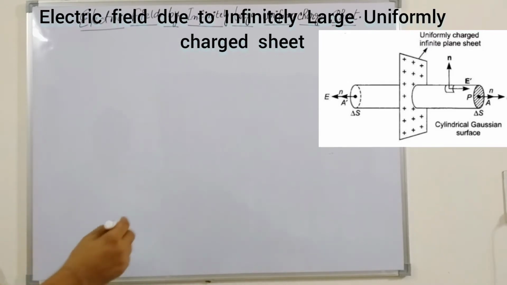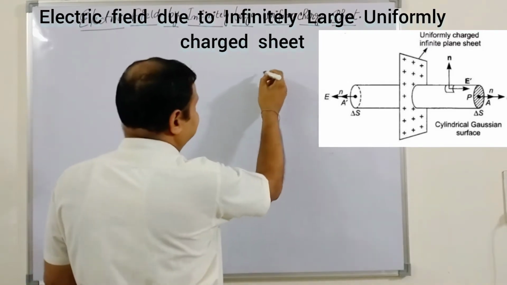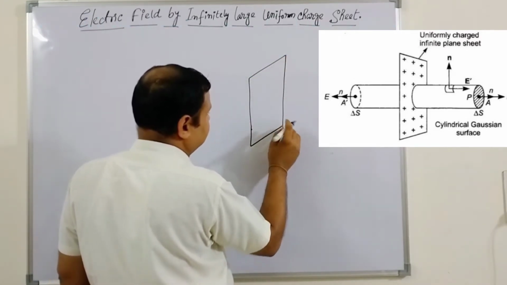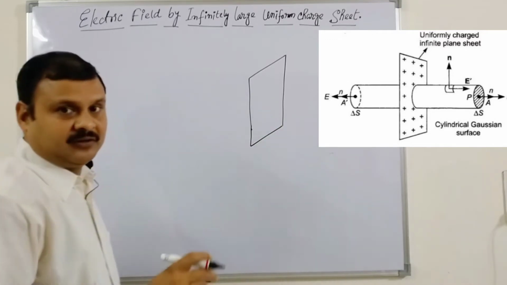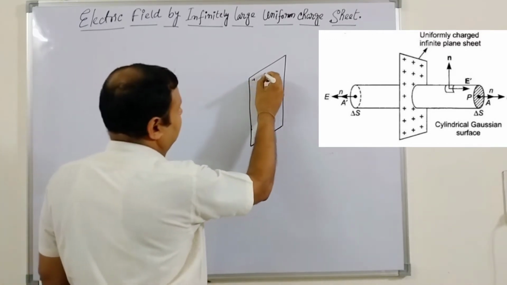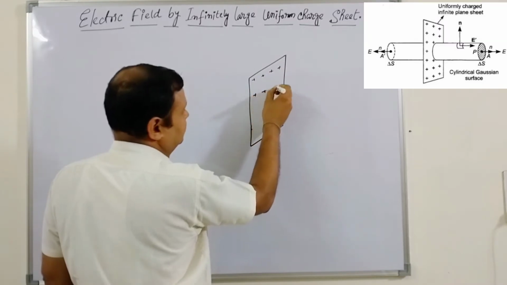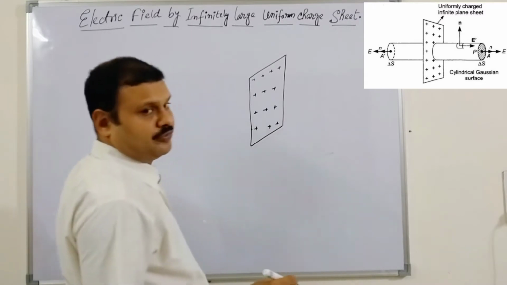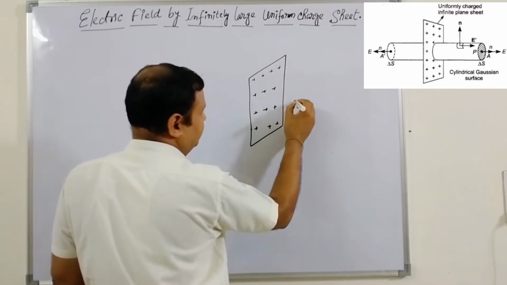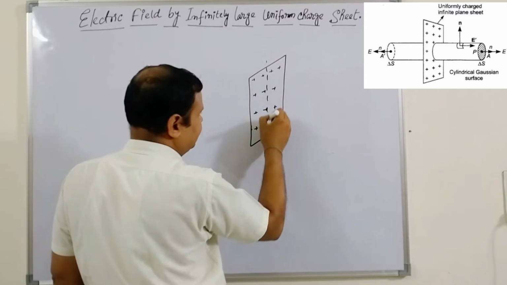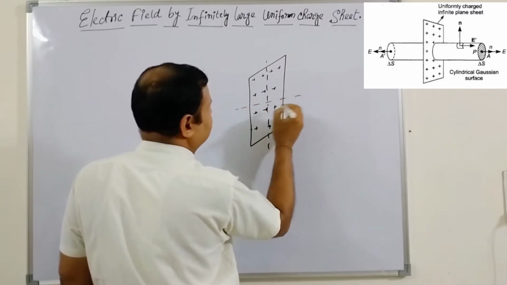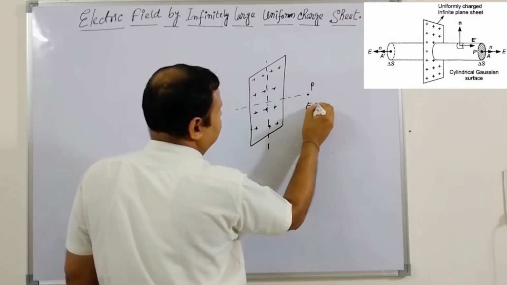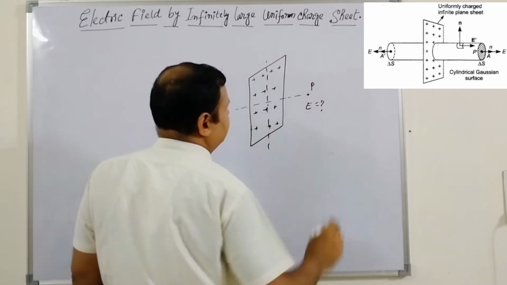Now look, inside this, suppose we have a very thin sheet like this, where the electrical charges are distributed. Suppose this is positive charge. Now we need to find the field at a particular, very small distance from here. This is the axis, and here is one of the points. Suppose this is point P. Let us find out what the electrical field E will be here.